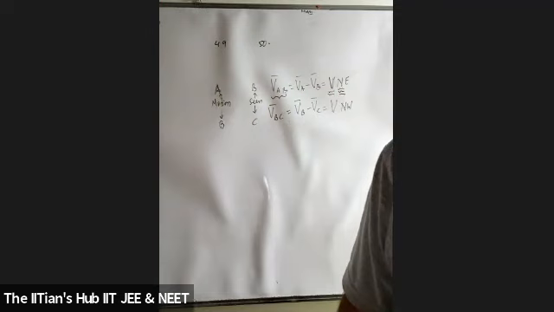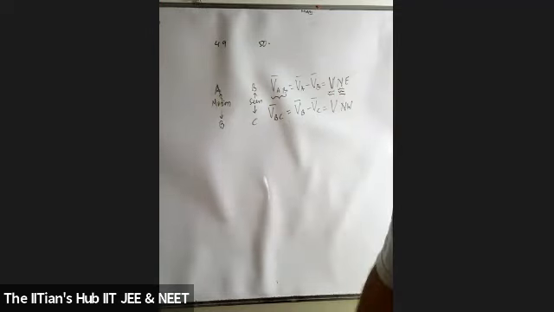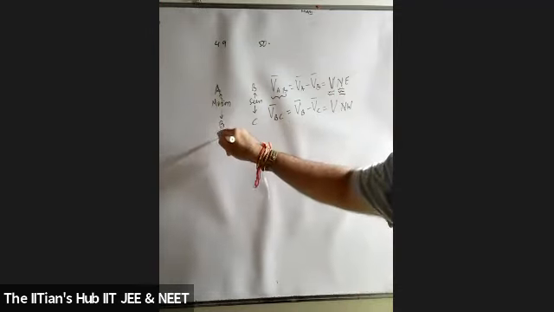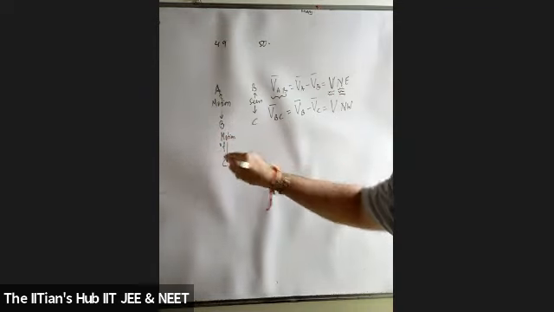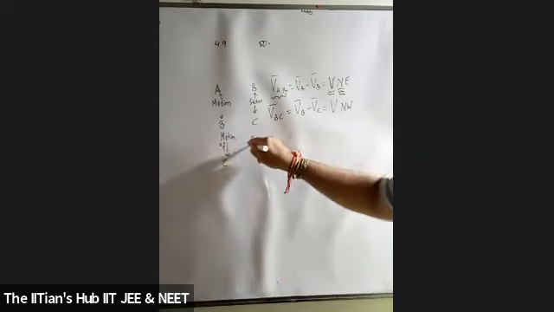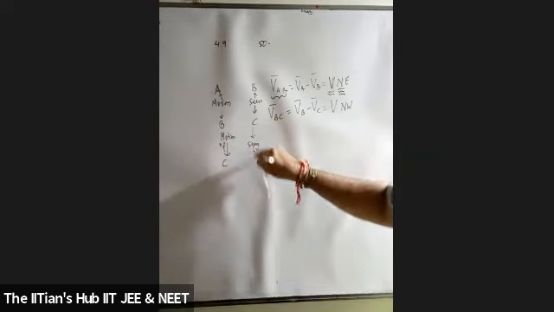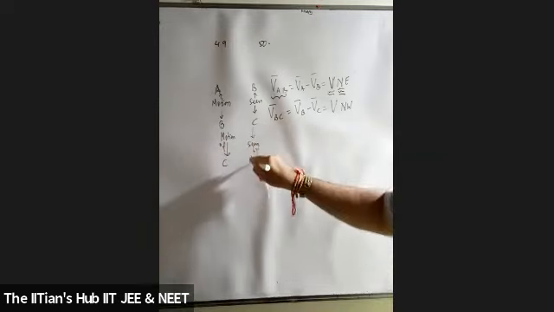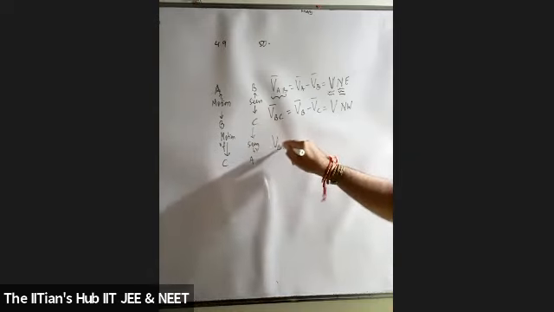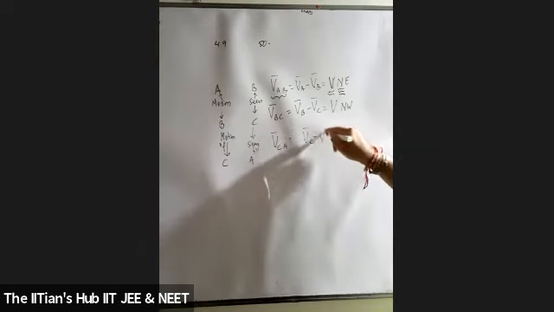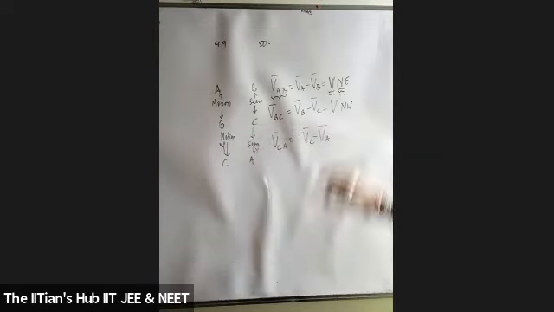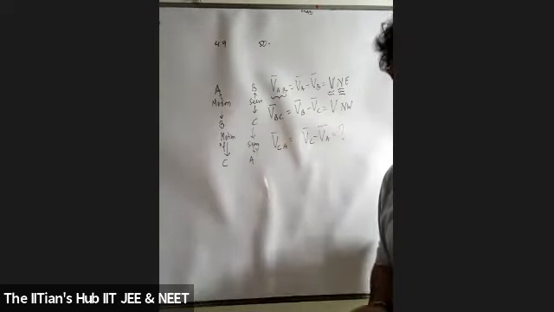What will be the direction of motion of C? So I need to find out the direction of motion of C as seen by A. That means I want the velocity of C with respect to A, so what I need is VC minus VA. Is this clear? I want this. Friends, is this clear? Everyone? Yes, sir.